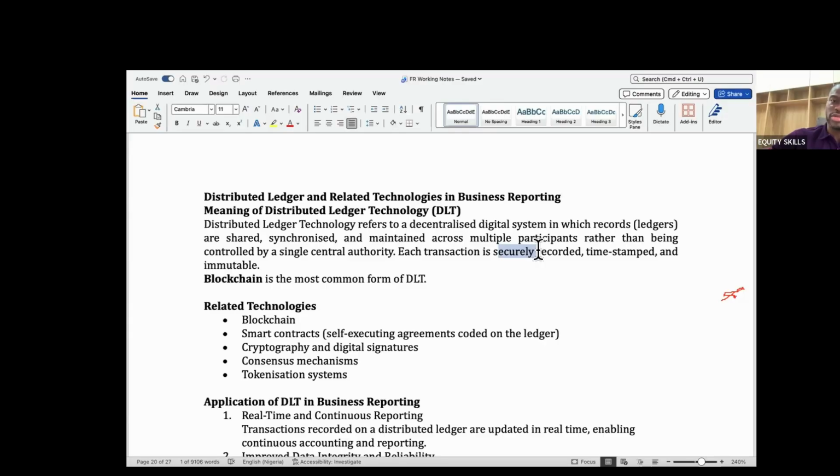So what I need you to remember about this technology is the fact that when you put a record there, everybody sees it. It's different from our QuickBooks, Sage, our ERP that we work with now. That is only our people in our company that can see it, or some people that have access to our own system. But with the distributed ledger technology, it's not about your own, it's everybody's system. So when you enter a transaction, everybody sees it. I mean, it has to be a public transaction relating to your company.